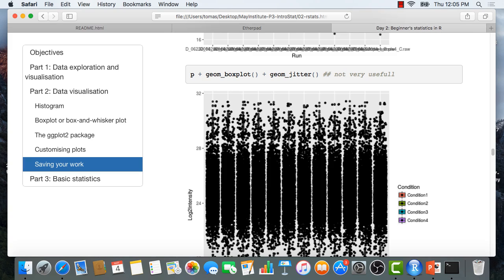Use ggplot to first produce the box plots and then overlay these with the jitter plots. I don't see the box plots. What I really want is to have the jitter plot and then the box plot overlaid. How do I do that? Anyone has an idea? I switch these two,